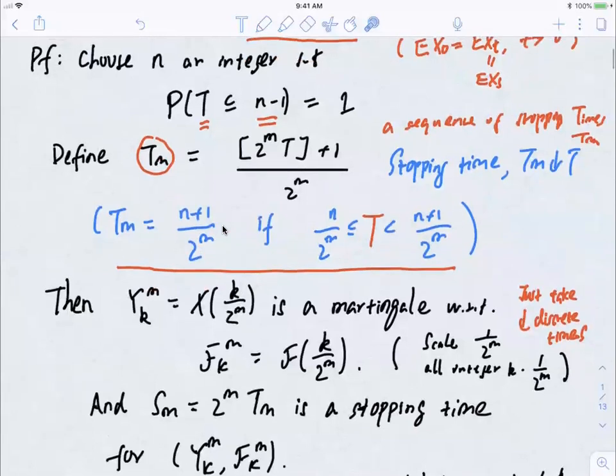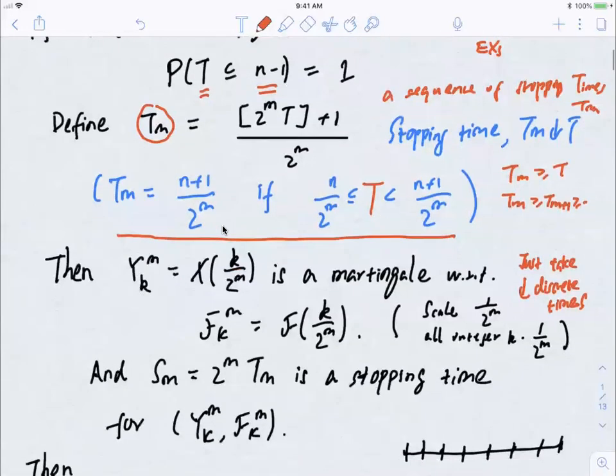So actually T_m is a stopping time which uniformly approximates t from above. So it's always bigger than or equal to t, and T_m is decreasing, and the distance between T_m and t is less than 2^{-m}. So by this observation,